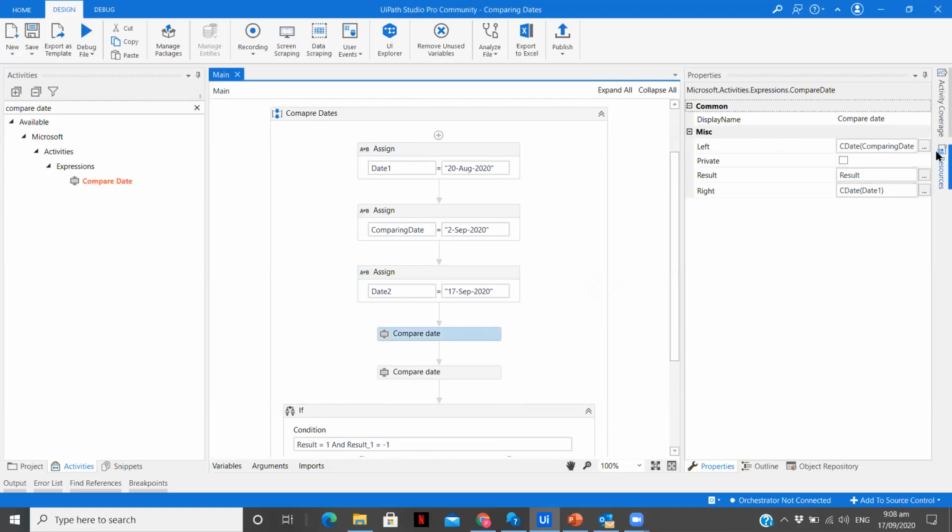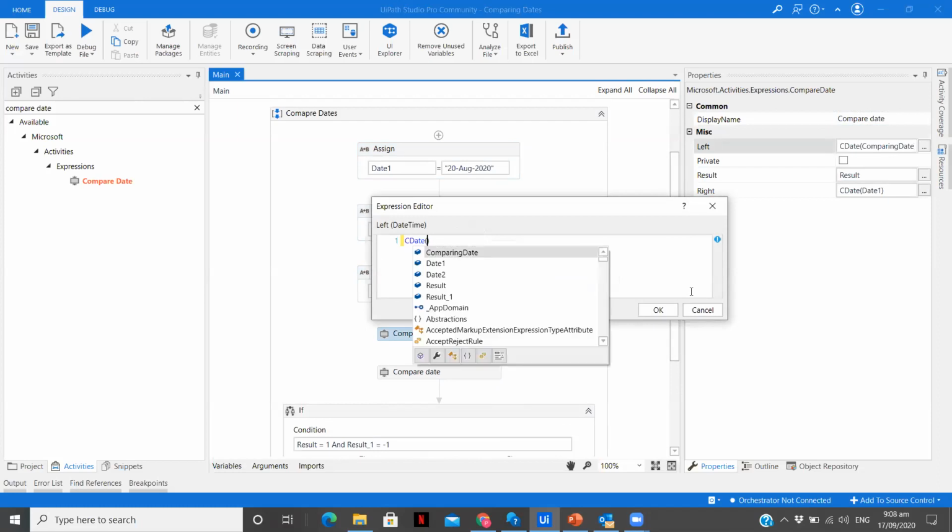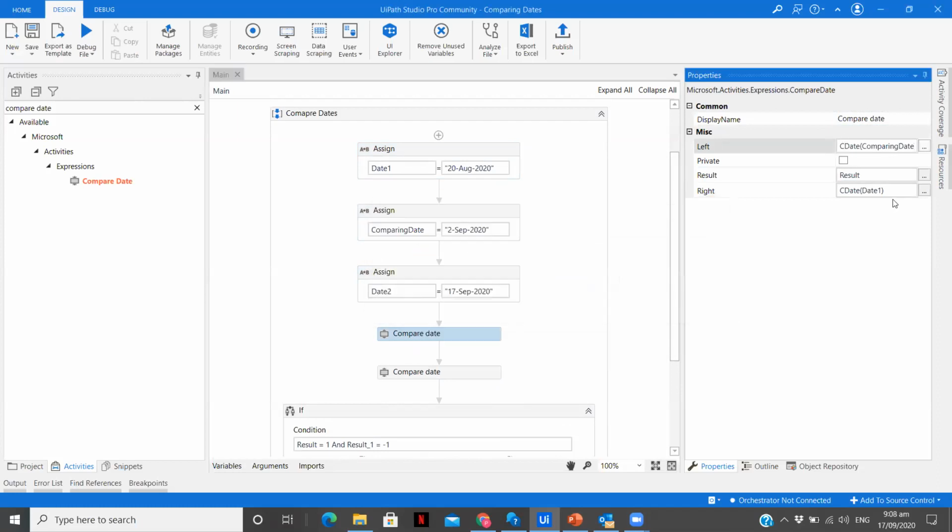So for the first Compare Date, you need to give CDate, the function that you pass in brackets the comparing date, and I'm comparing it with date1. The result of this I want to be 1, so I'm storing the result in the result variable, which is of integer data type.